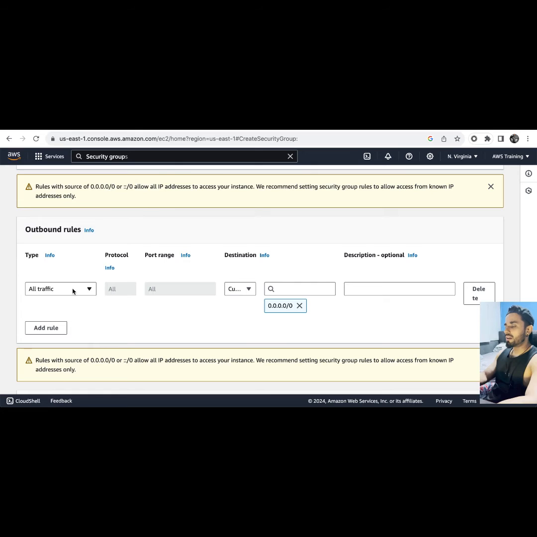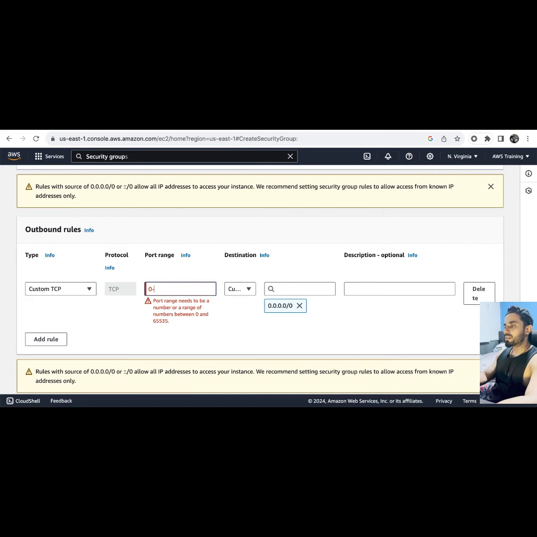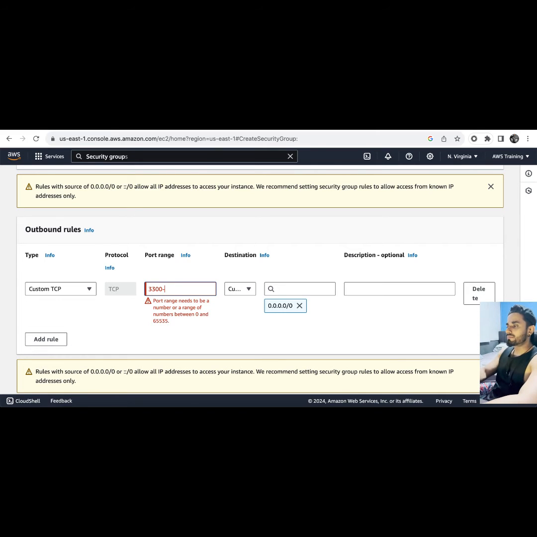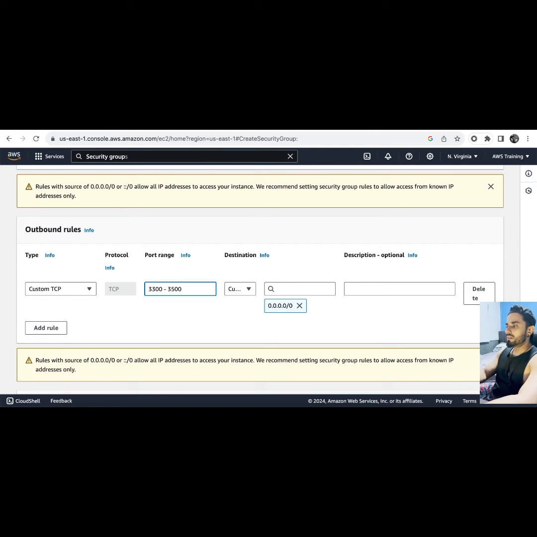Okay, so this is the port range, where you will be receiving the request from. It can be anything, you can give a range, a specific port range. So all these ports you configure for the security group. You can give something specific also, it's fine. Okay, you can configure any destination,